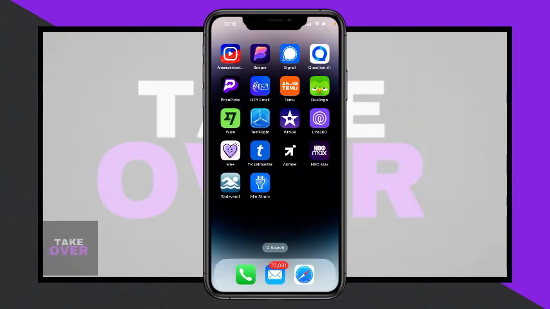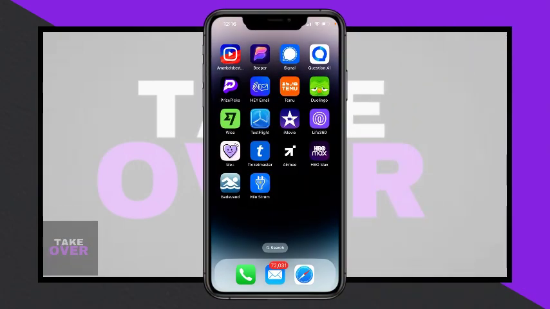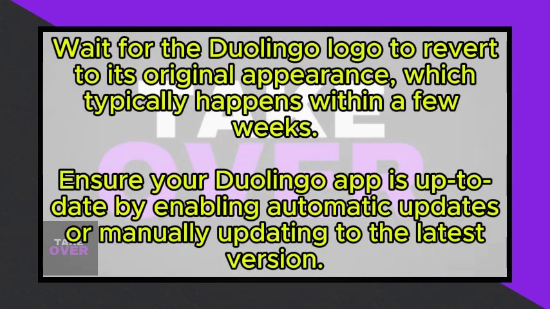The current state of the Duolingo logo appears tired or outdated, which is actually part of an April Fool's joke. This is a recurring practice for the Duolingo app, where they frequently change their icons to coincide with events like Halloween or April Fool's Day. It's important to note that these changes are not related to user progress or any potential account deletion, they are